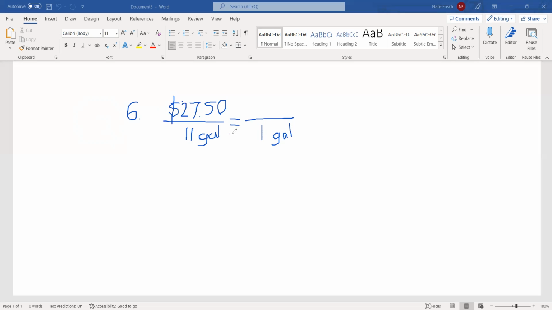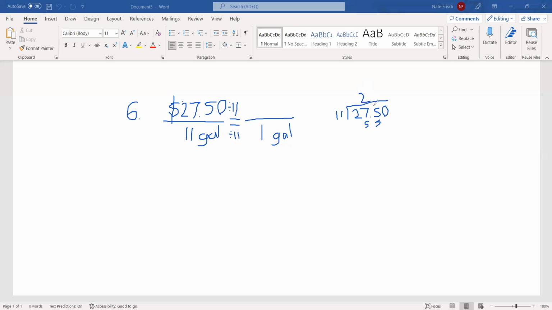So to get from 11 gallons to 1, I'm dividing by 11. If I do it to the denominator, I do that to the numerator. So I'm really doing 2750 divided by 11. Now I've been letting you use calculators on some of these because the main point isn't whether or not you can divide by 11, it's do you know what a unit rate is and how to do that. So in this case, you would divide, and there'd be 5 left over,